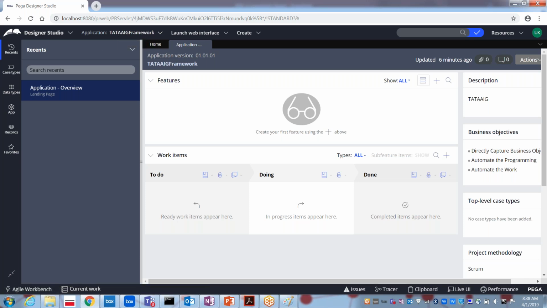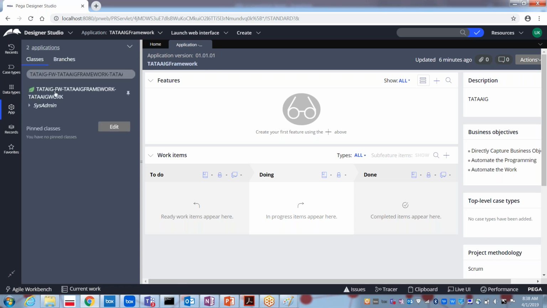Okay, and along with that, if you go to the App Explorer, it will also show you the classes which it has created. So Tata AIG, Tata AIG hyphen FW hyphen Tata AIG hyphen framework, and again Tata AIG work. So like that, it has created the complete class structure.